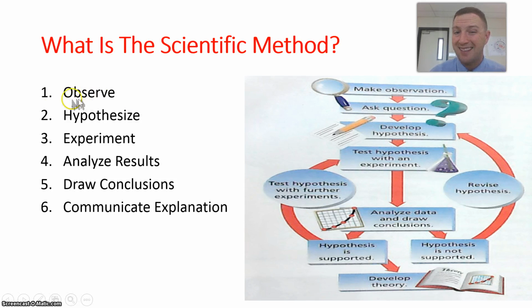Then, once I have a general understanding, I can make a hypothesis about how things are related, how they're connected. Is there cause and effect? A good hypothesis is in the "if X, then Y, because blank" format. It has to do with independent and dependent variables, which we'll get into more in our second lesson. So I'm going to make an educated guess about how I think two things are related. I make a prediction, and then I test to see if that prediction holds true.